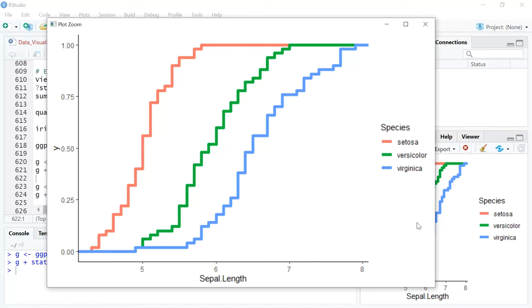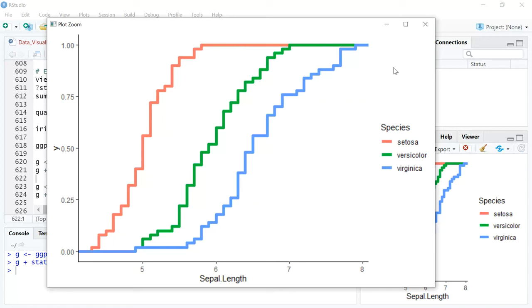So essentially, in a data set, if you have one numerical column and you want to understand, if you sort it ascendingly, how that numerical column travels across what percentage of your observations, right? So if you have 100 observations, how many of those observations are less than value A, how many are less than value B, and so on and so forth. So this is the cumulative chart that you can draw.